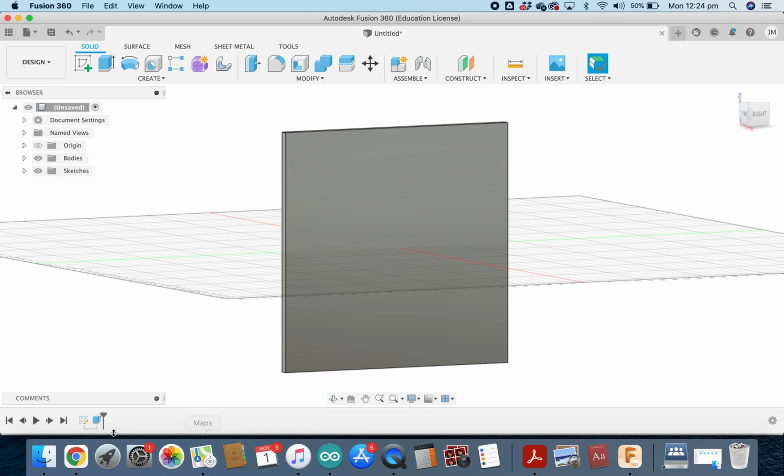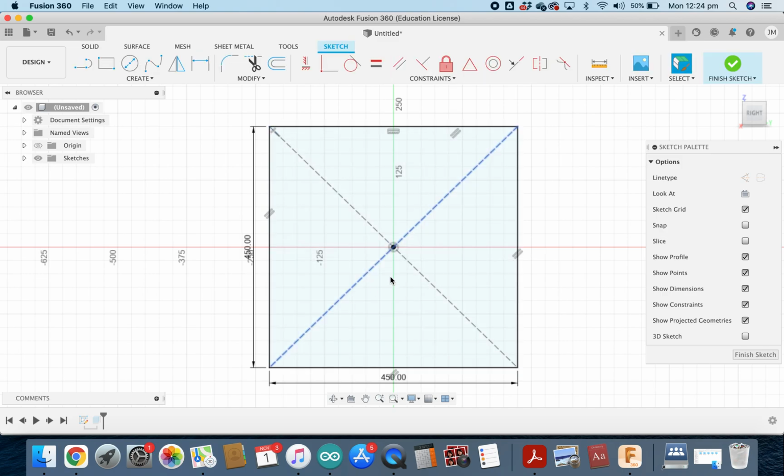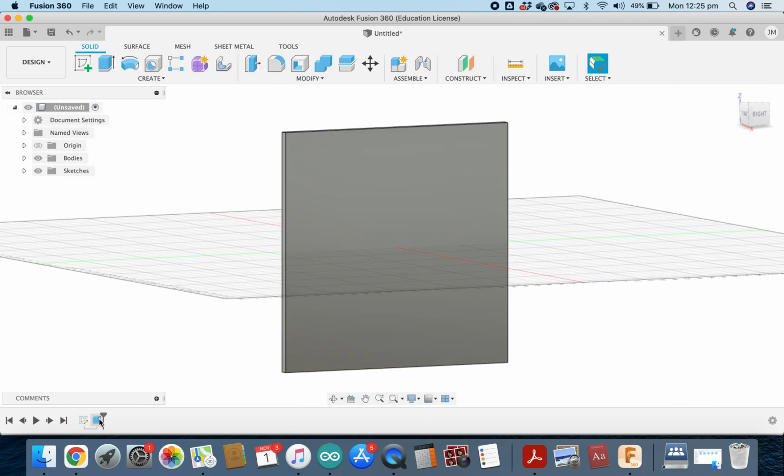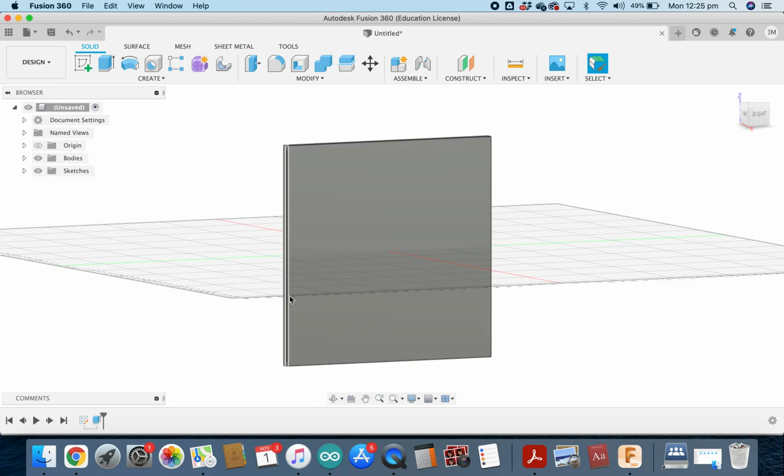The more things I complete, this timeline will get bigger and bigger. I can also right click down here and edit the sketch, which would take me back to my initial sketch. Anything I did back in this timeline would change my future plan as it went on. For example, if I continued to make my shape and then went to the workshop to find that I was out of 15 millimeter ply, but I've got heaps of 19 millimeters, I could go back and edit this extrusion and make it 19 millimeters, which would then change the whole entire job that I'm working on. So it's quite intuitive that you can go back in time and make changes, and it will bring it forward into the future. We're just going to click OK once we've done that extrusion,